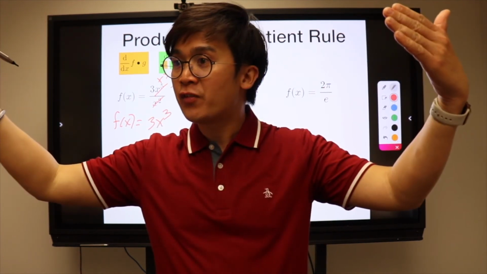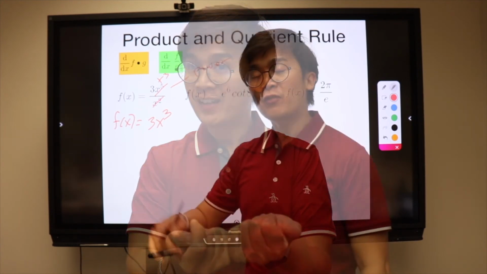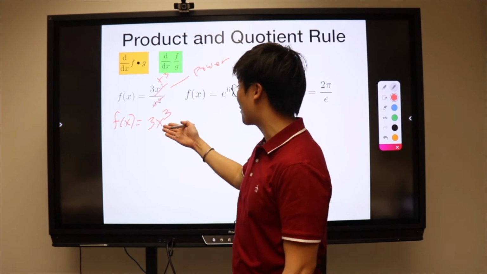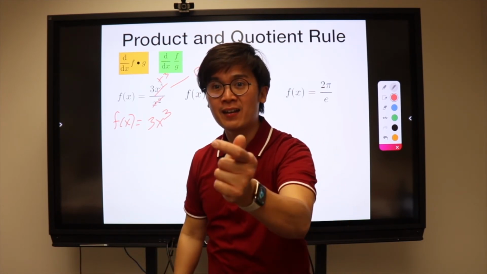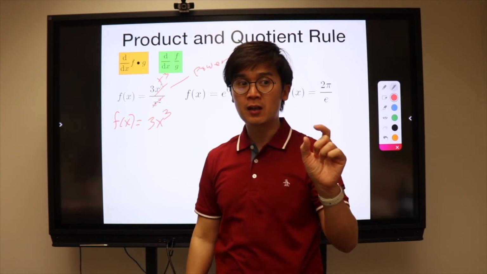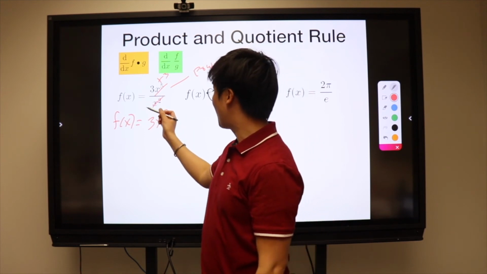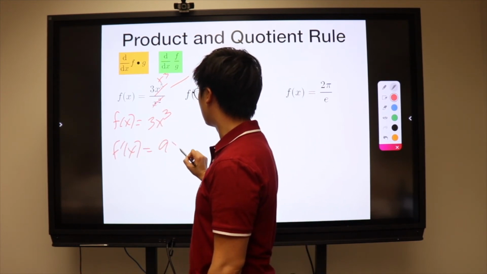Think of algebra first before you use calculus. If you use your quotient rule, will you still get the same answer as modifying it to 3x cubed? Of course, yes. But it would take a while, and it's prone to errors because you have so many functions in your fraction. But if you did this, it's just f prime of x is equal to,